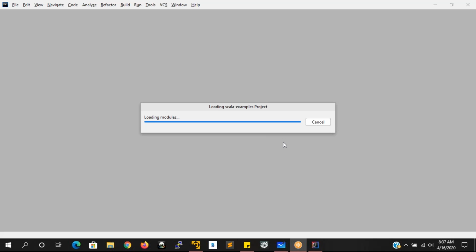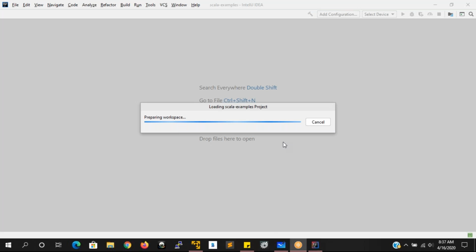But here, with IntelliJ IDEA, you don't need to add the external libraries. Automatically, the kind of application is specified, and it will download the compatible libraries from the internet, from your Maven library.